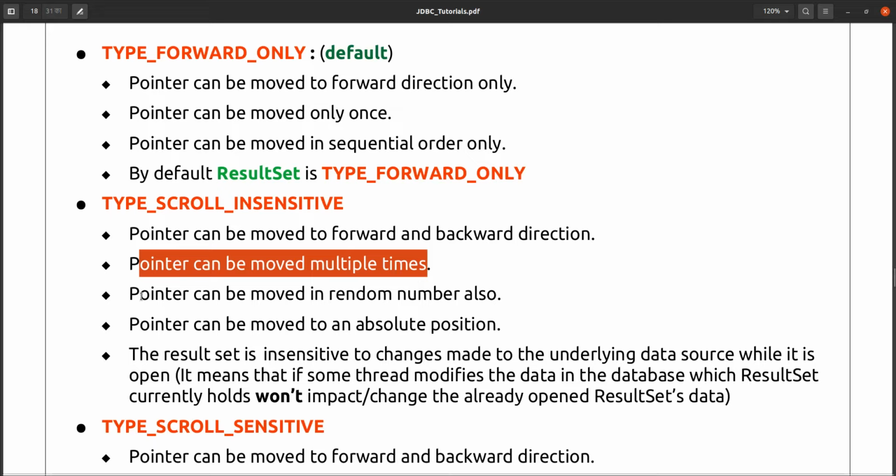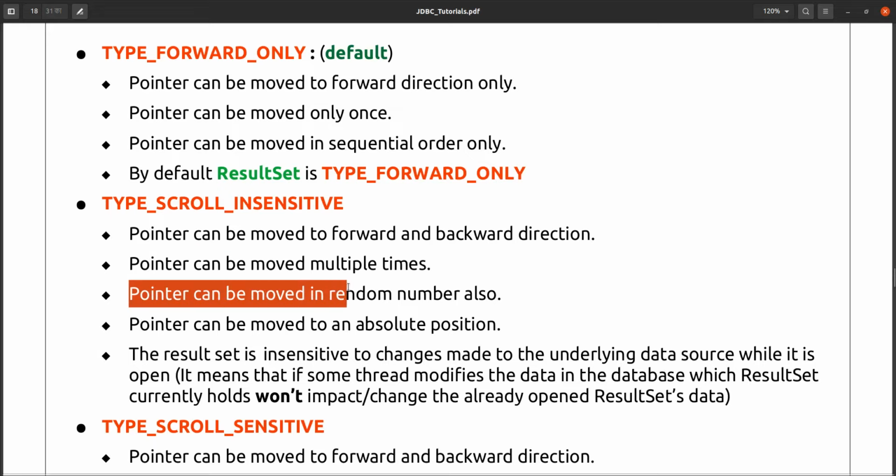The pointer can also be moved to a random number, like if I want to get the record of the third index, you can get that also. Any random pointer you can get using scroll insensitive.